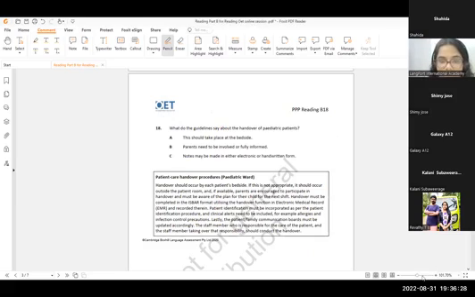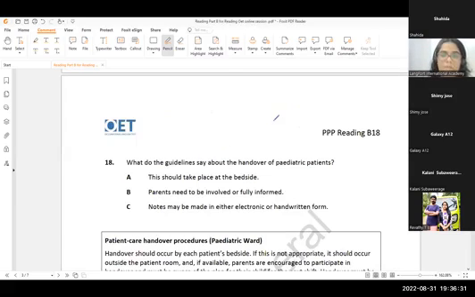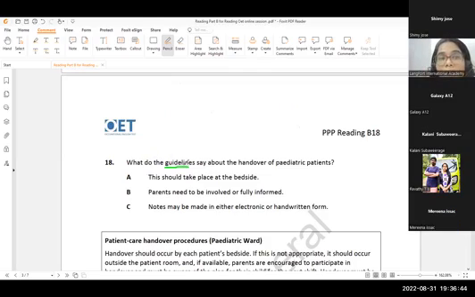What do the guidelines say about the handover of pediatric patients? What do the guidelines say? So that means analyze the question, all of you. Shahida, I can see you've just joined in. It's okay. We are attempting a new question here. So just focus. We know we are going to read a guideline. It talks about handover of pediatric patients. So we need to find out what exactly is mentioned or conveyed